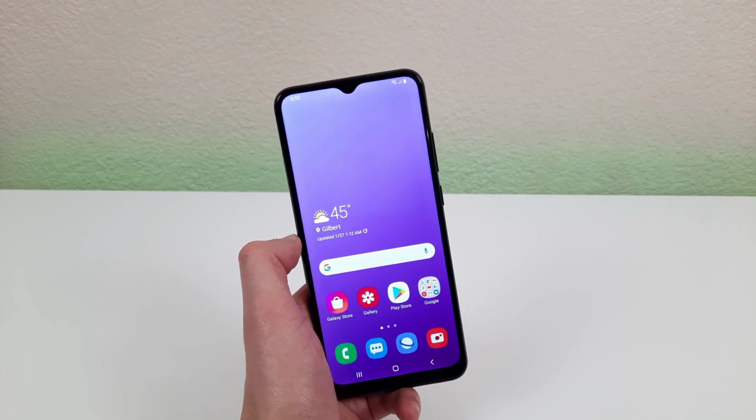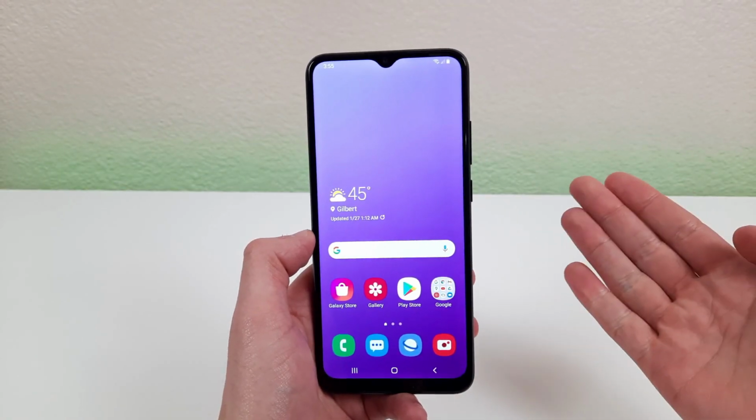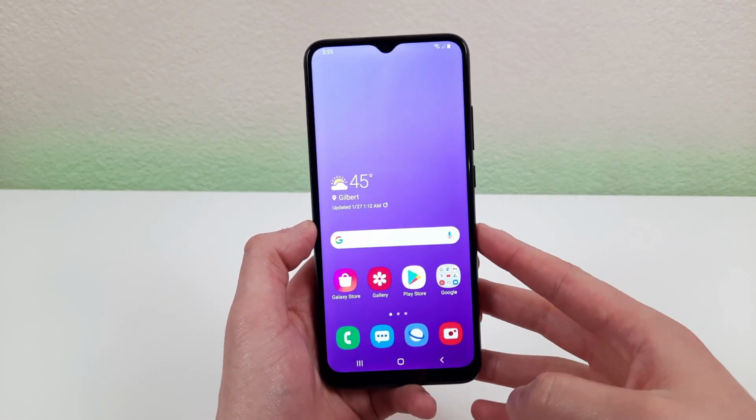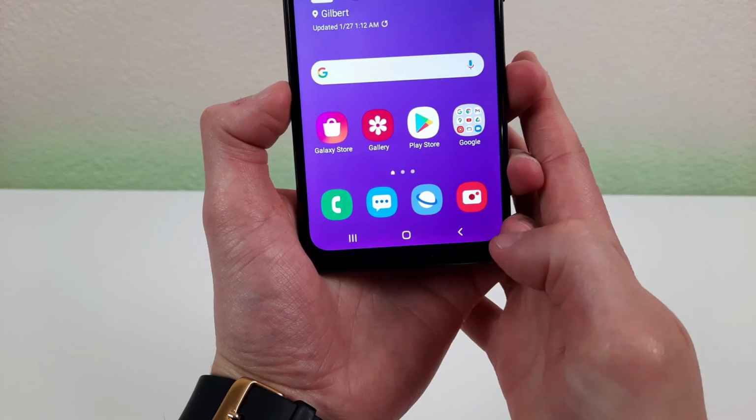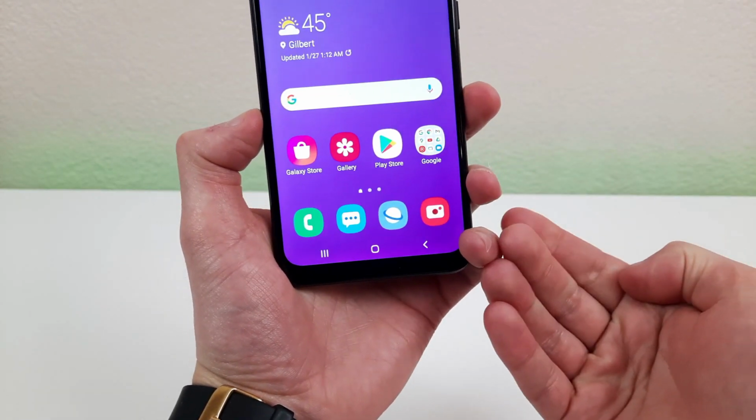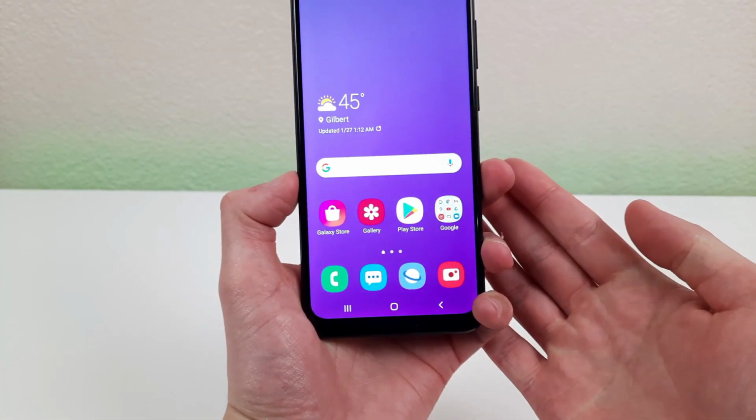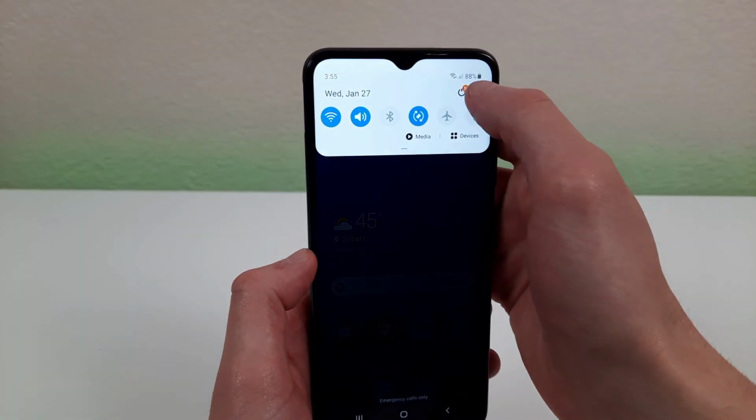That being said, let's get started. The first thing I want to talk about is the navigation. Taking a look down here, we have the standard 3-button system, but I'm going to show you how to customize that. So you're going to go to settings up here